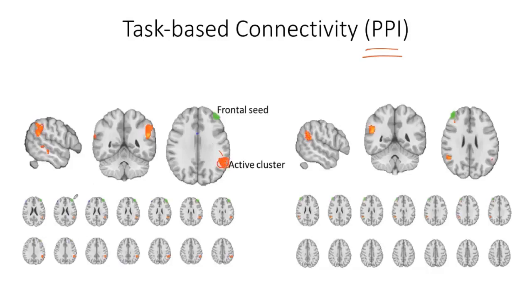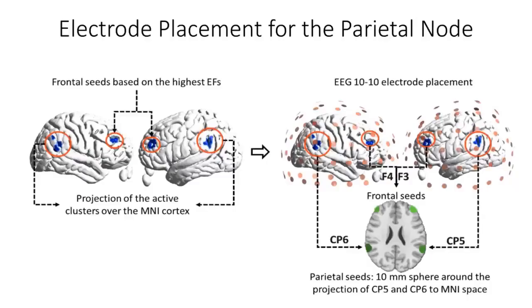So basically, when we put the electrodes on the right side, the target on the right side, this is the only part of the brain that has significant task-based connectivity to that part. And now we need to think about how to target that specific area in the brain. We put it in a surface-based atlas. This part is here. As you can see here, compared to some of the activation that we had before that was around here, this one is lower.